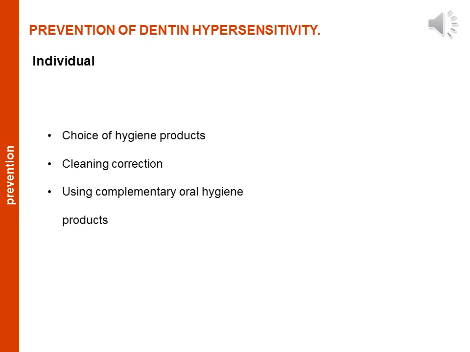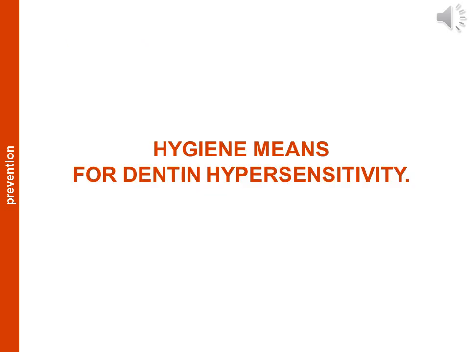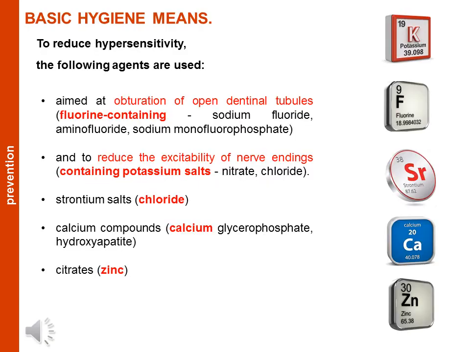Individual prevention of dentin hypersensitivity will be in choice of hygiene products, cleaning correction, using complementary oral hygiene products. Hygiene means for dentin hypersensitivity. Basic hygiene means to reduce hypersensitivity, the following agents are used, aimed at obturation of open dental tubules,